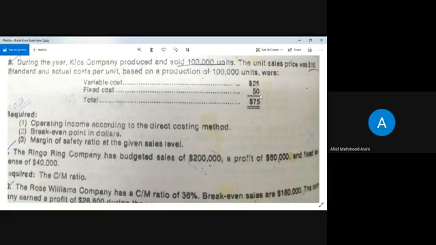If you have a clear understanding of the concept, then you can easily understand that if the units change, the per unit fixed cost will change, because the total fixed cost will remain the same. I am talking here about the per unit fixed cost. When the units are 1 lakh, it's 50. But if units are 1,10,000, this per unit cost would change. But the per unit variable cost will remain the same.